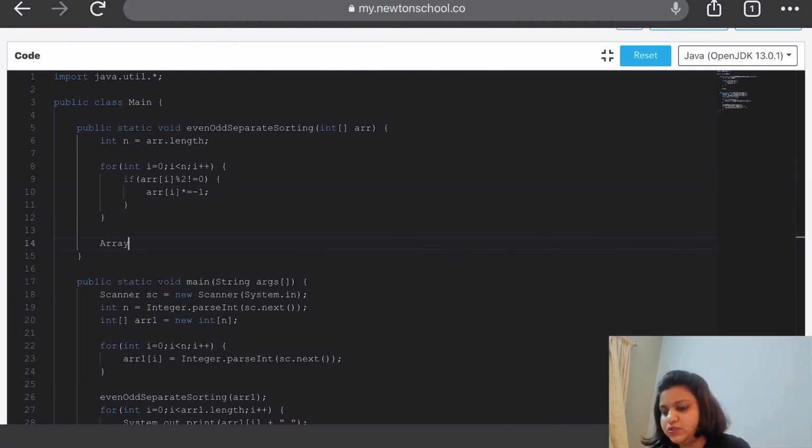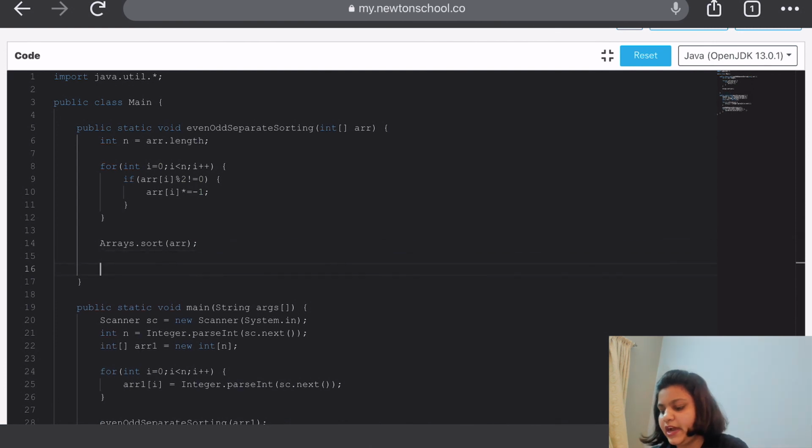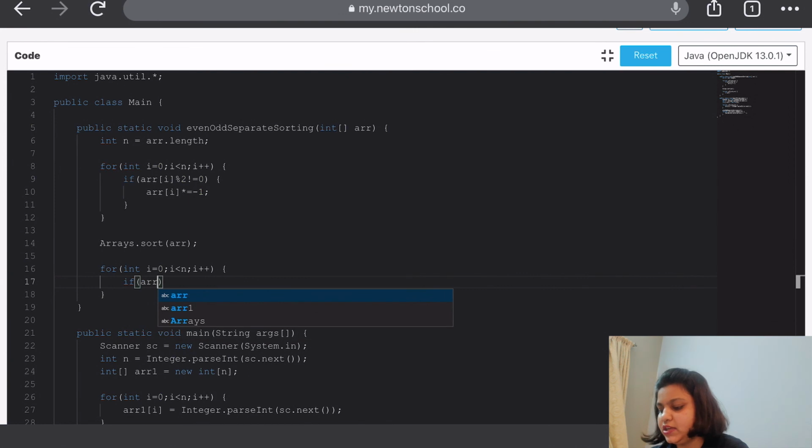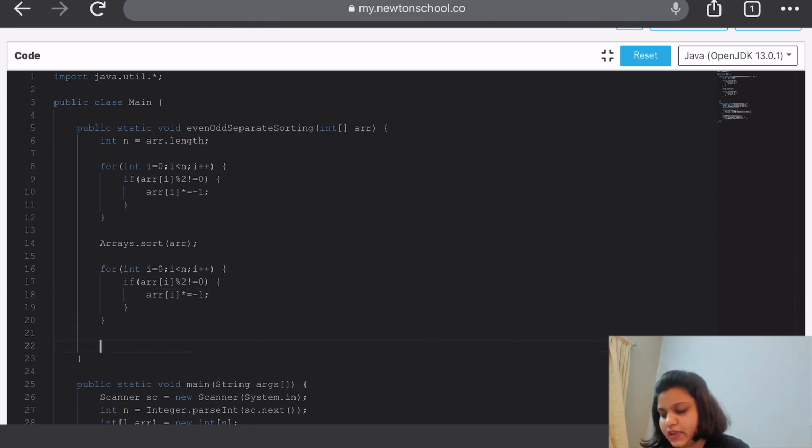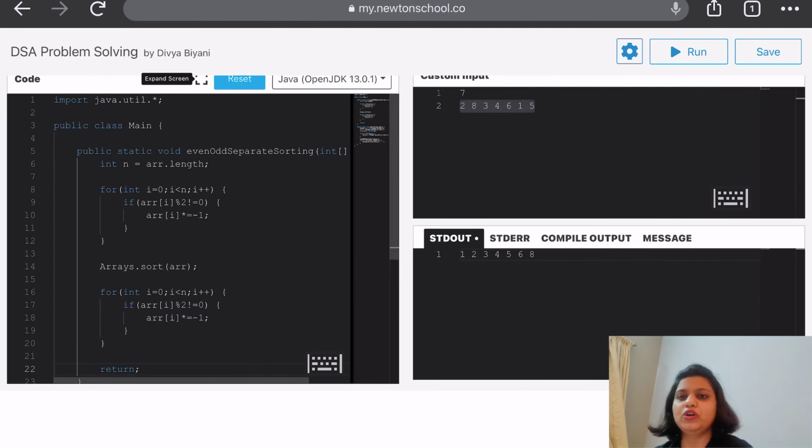Then we are going to sort our array, and after we have sorted our array, we are going to iterate through our sorted array, and again find if our element is odd. If it is odd, we are again going to multiply it by -1, and we are going to return. So this is our logic. Let's now see what our output is.